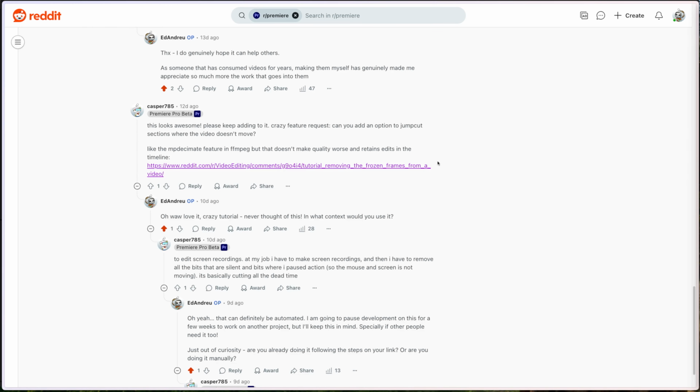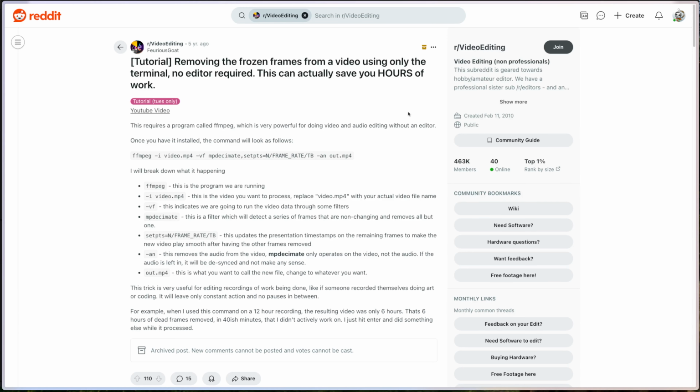So if you follow Casper's link, you'll land on a tutorial from 5 years ago on how to remove frozen frames from a video. This is particularly helpful if you have screen recordings because it will only leave the constant action and no pauses in between. I have tried this tutorial 5 years later and I can tell you it still works, so this is still an option if you wanted to do it through the command line,